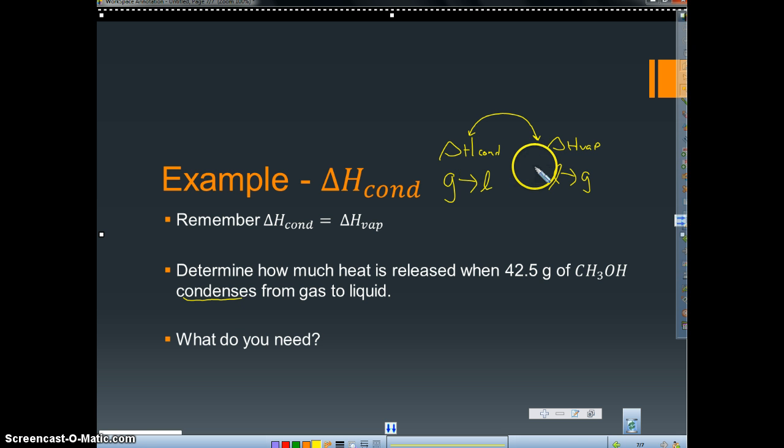So the reverse of any thermochemical reaction, a reaction again where you're representing heat being released or heat being taken in, the opposite or reverse is always negative. Okay, that value. And that's what we looked at a few slides ago. These are the same number, but this is negative. So as long as I can find this number, I just make it negative and I get this one. And that's what I need for this problem. So for us,